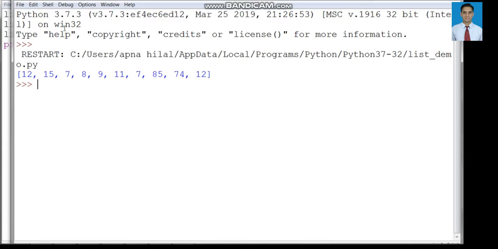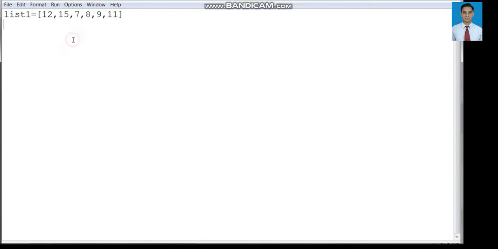Let us implement another method known as the insert method. It inserts the passed element at the passed position. We will specify the position where we want to insert this particular element.